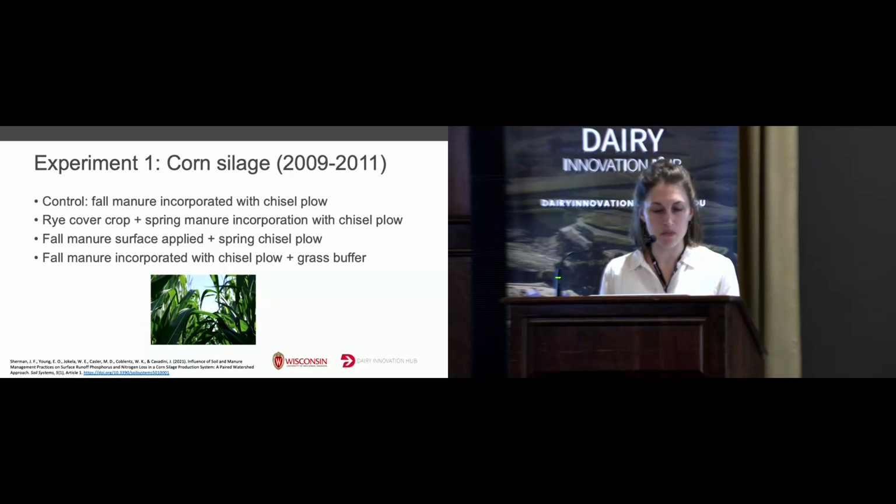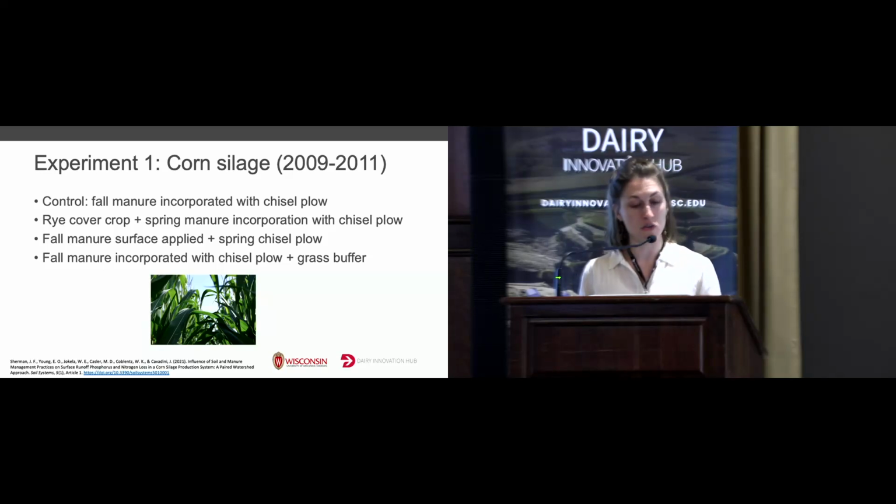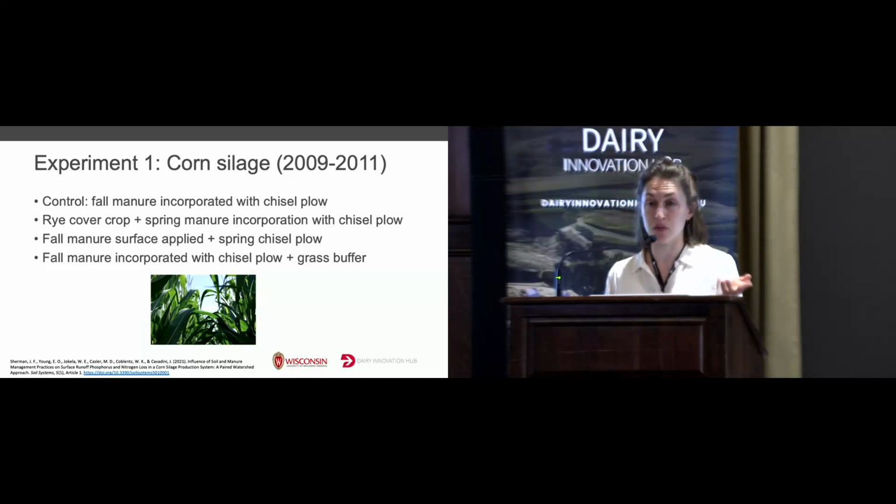And at these experiments, the researchers were looking at a few different types of treatments, a few different management variations on the corn silage system and on the perennial pasture system. So here I'm showing 4 bullet points, which would be the 4 treatments on those watersheds, looking at different timing of manure application and different application or incorporation method. So you can see that we have a cover crop as part of one treatment. We have sometimes manure applied in the fall or in the spring, and sometimes it's surface applied or incorporated. So this experiment took place from 2009 to 2011,